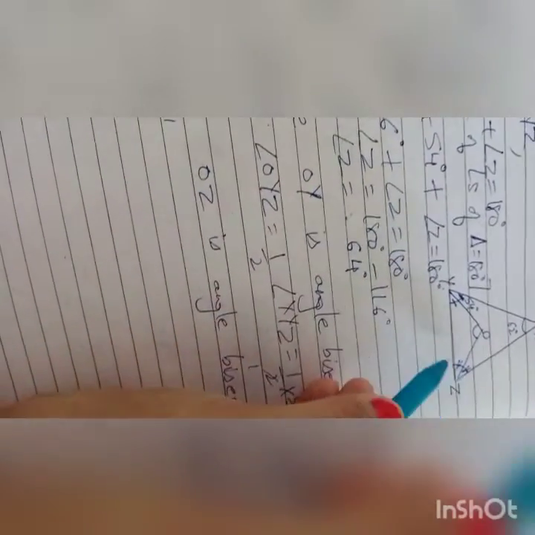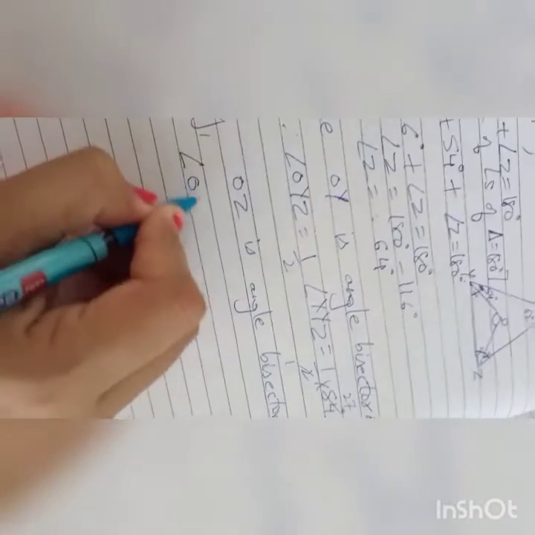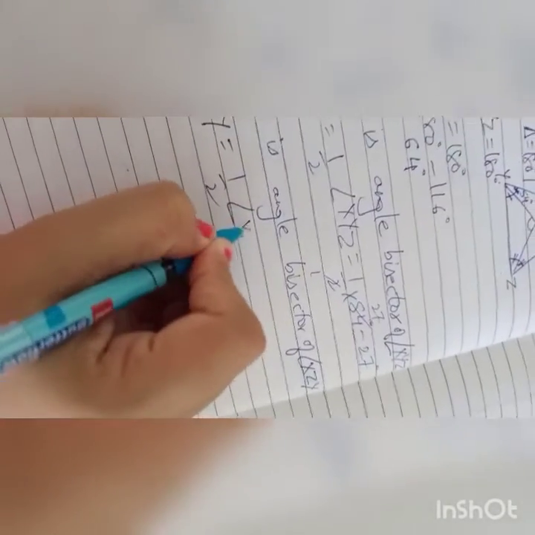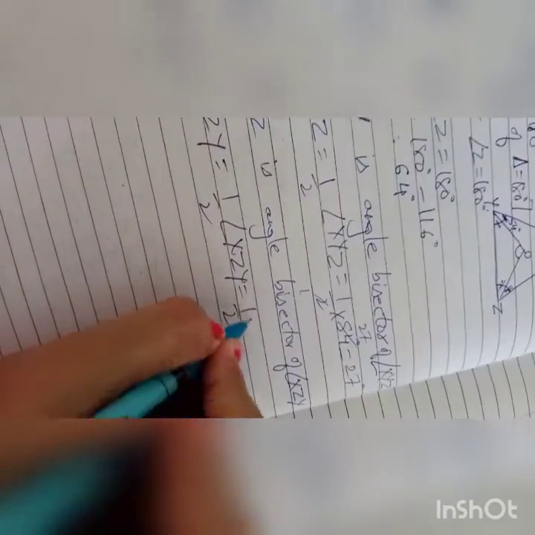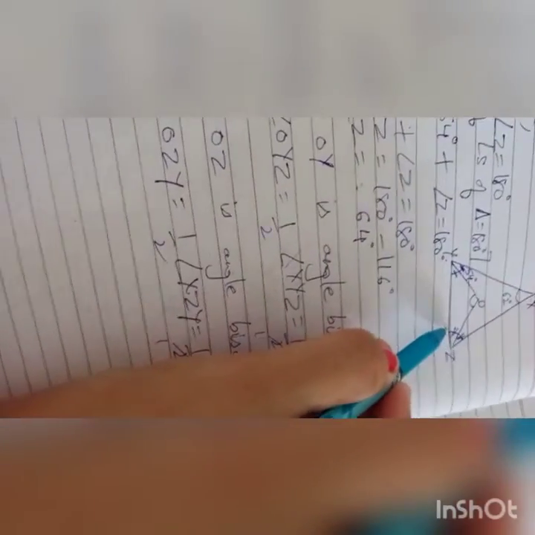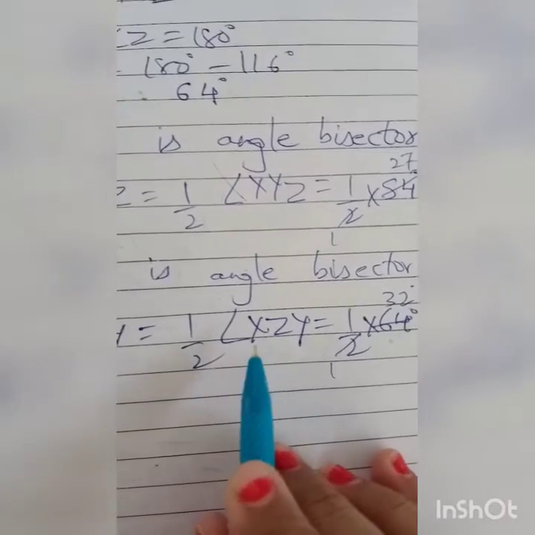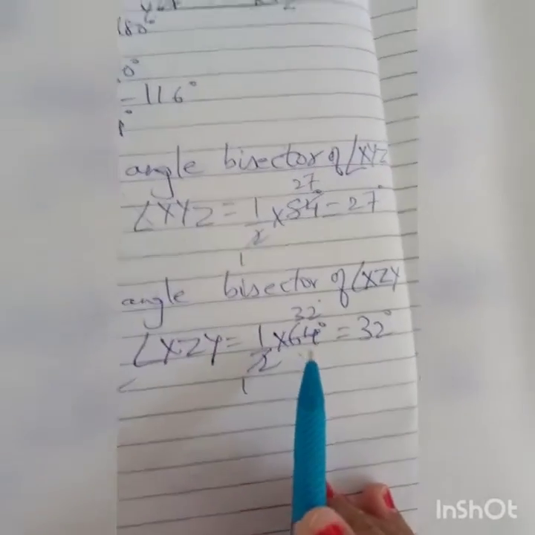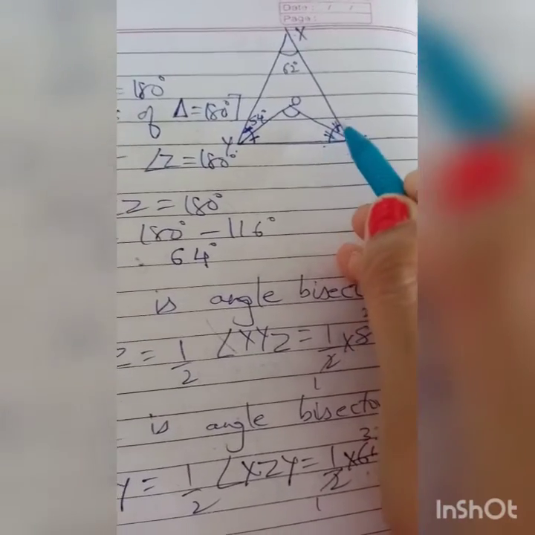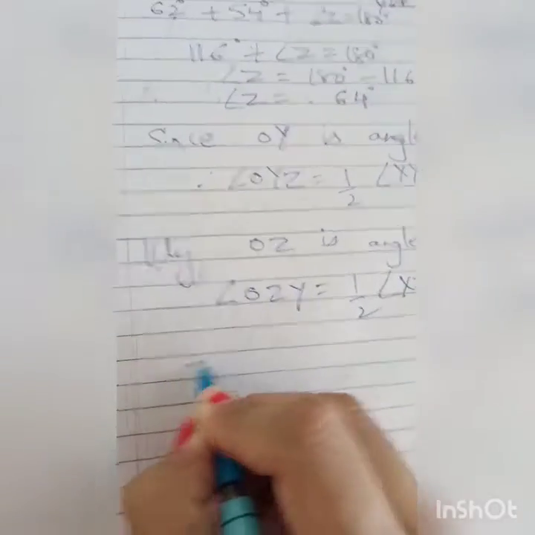So we have found that angle Z is equals to 64 degree, so angle OZY is equals to half of angle XZY, that is half of 64 degree, which we have found recently। Dividing it, it is 32, so it means this angle is of 32 degree, this angle is of 27 degree। Now bete, half of angle XZY is equals to half of 64 degree, that is 32 degree। ठीक है, it means this angle is of 32 degree।